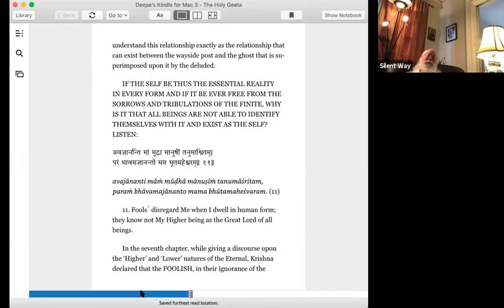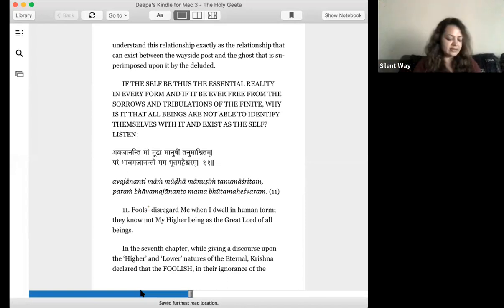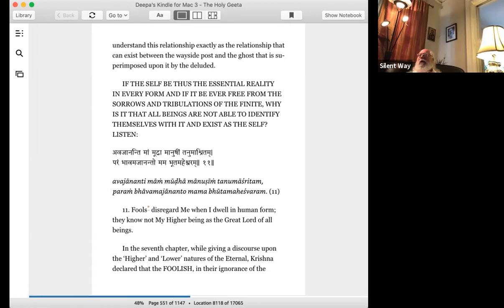All right, next verse. Avajananti mam mudha manushim tanumashritam, param bhavam ajananto mama bhuta maheshwaram. Fools disregard me when I dwell in human form. They know not my higher being as the great Lord of all beings. So again, we can take this exoterically